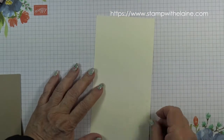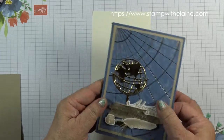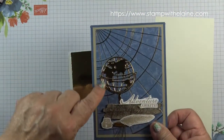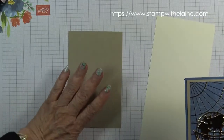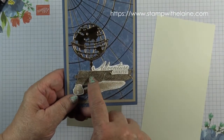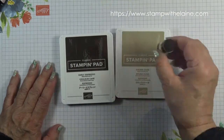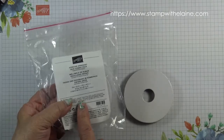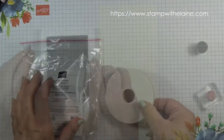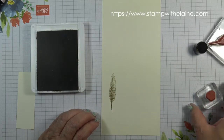Very Vanilla scrap to stamp the inkwell and feather for die cutting. New brass foil for cutting the globe stand. Some crumb cake cardstock to emboss this map coordinate image here. Early Espresso and Crumb Cake ink pad, sponge dauber, the Forever Greenery trim combo pack because I wanted this twisted gold thread. First I'll stamp the feather and inkwell